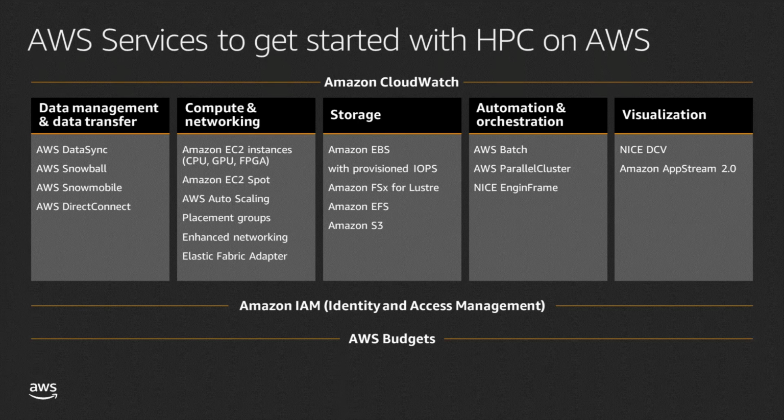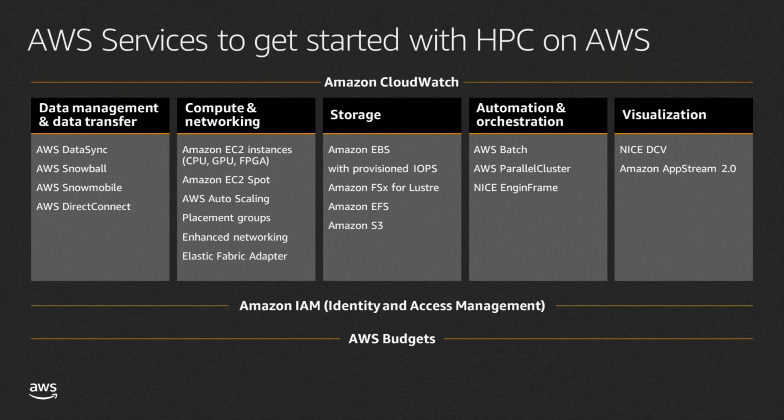For compute, AWS offers more than 270 different types of instances, including the latest generation of CPU and GPU instances. When it comes to network, AWS provides a network interface for Amazon EC2 called EFA, which is also known as the Elastic Fabric Adapter,